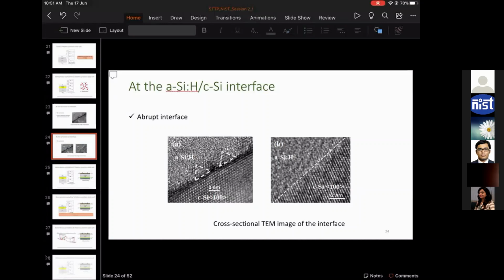And this high substrate temperature therefore leads to the formation of epitaxy at the interface. Because now your silicon atom can travel across a certain distance on the top of your crystalline silicon to find out the minimum energy position. And obviously, the minimum energy position is the crystalline silicon arrangement. That's the stability of the structure. So that is all about the epitaxy, or the growth of this amorphous silicon on the silicon substrate.